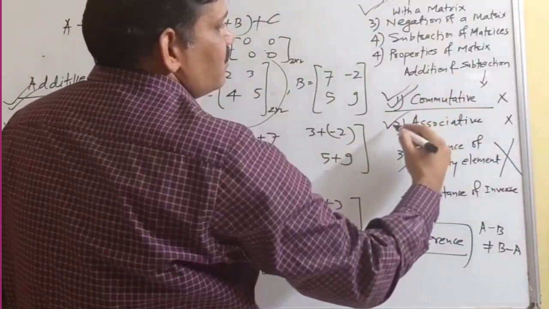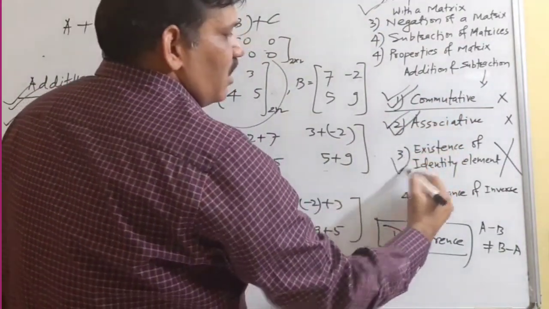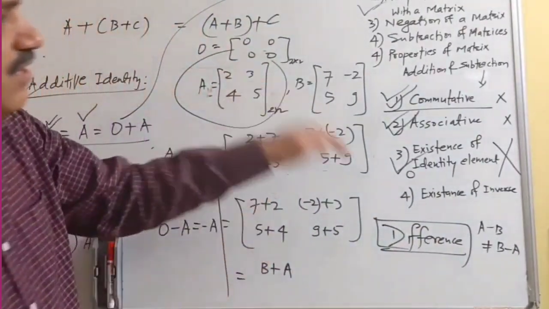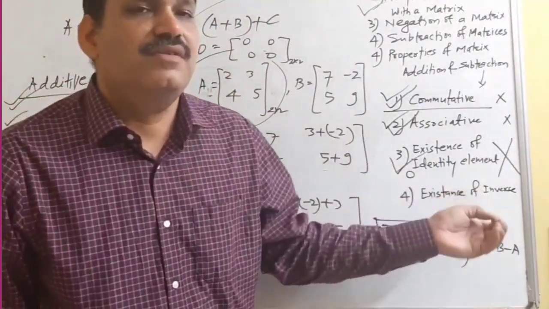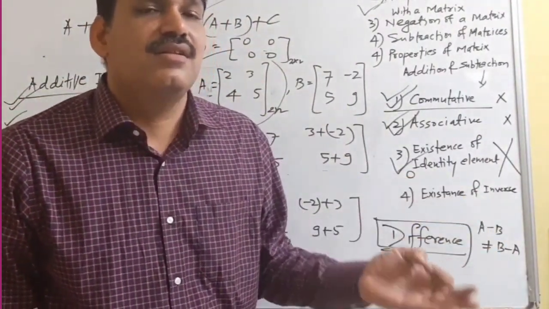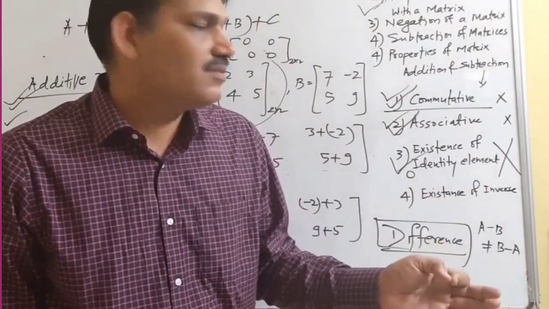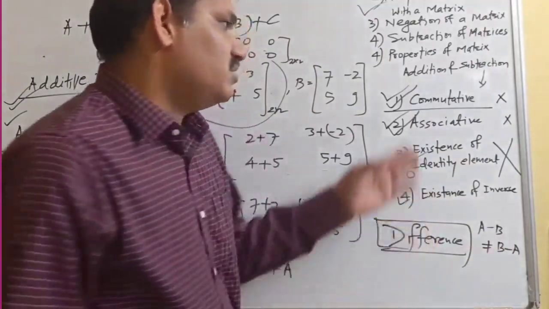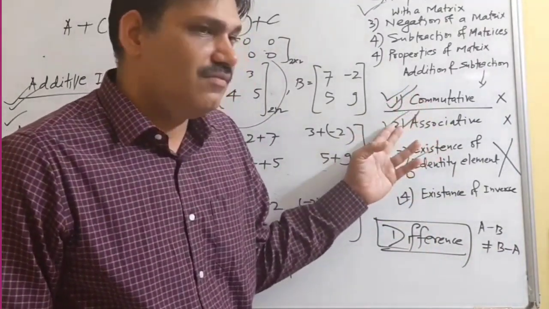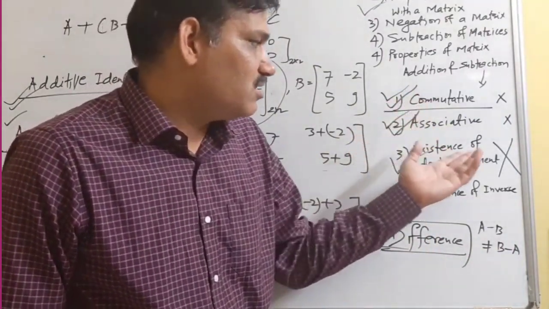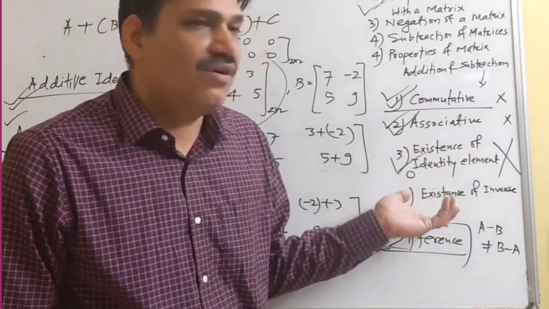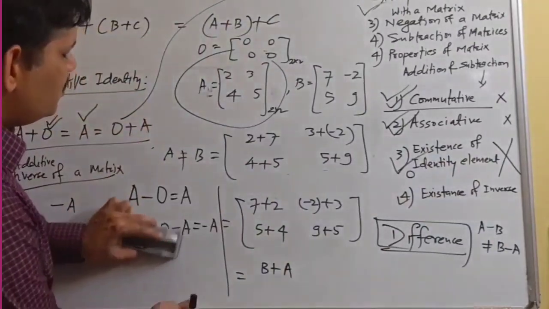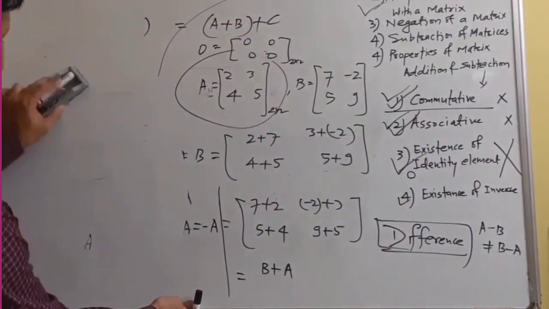So now if we talk about addition. Addition is commutative as well as associative. Yes, the identity element exists, and the identity element is the zero matrix of same order. The additive inverse of a matrix is the negation of that matrix, that is minus A. For subtraction, neither is it commutative nor associative, neither does there exist an identity element nor the inverse. Now, using these things, we can answer a few questions.